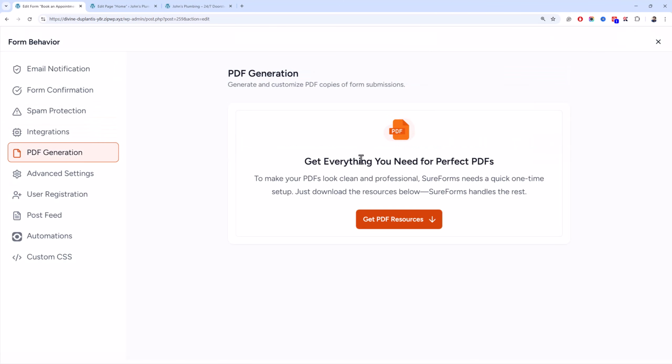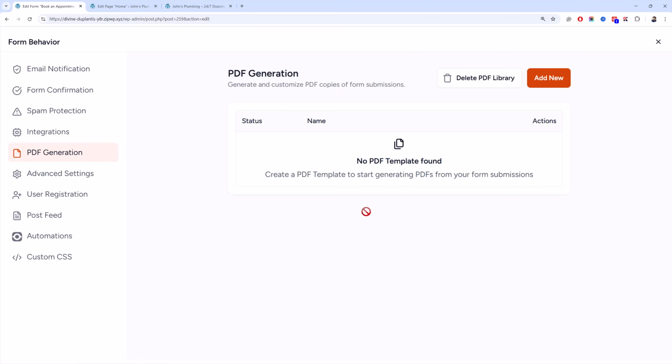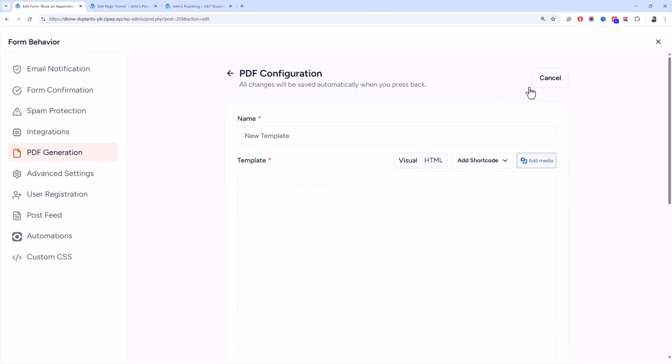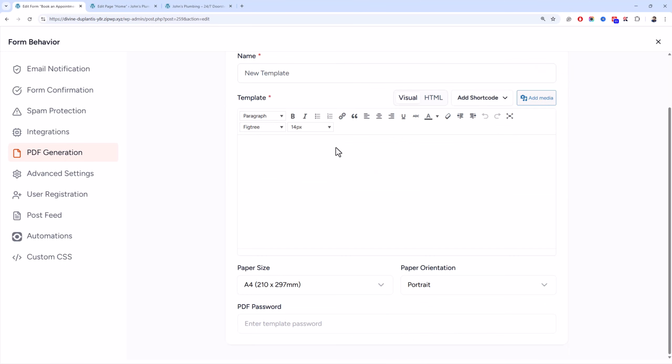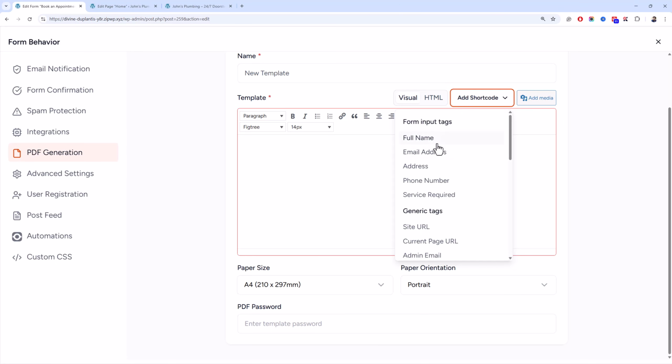Now you can turn on the PDF. To get the PDF integration, you need to just click on the get resources, and then you can click on add new, and you can create your PDF templates, and you can use the form fields over here to fetch their values.